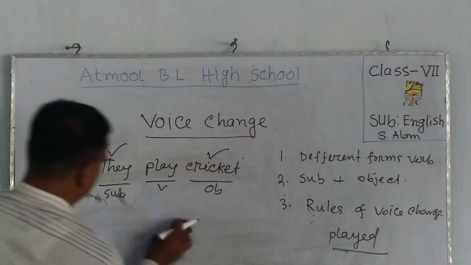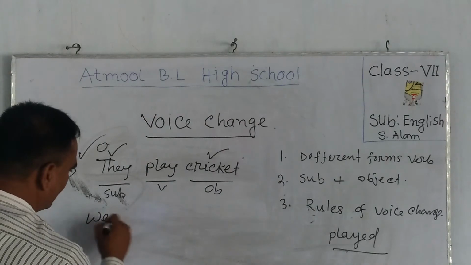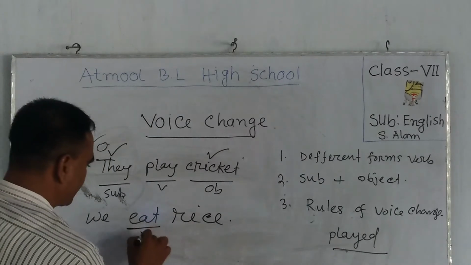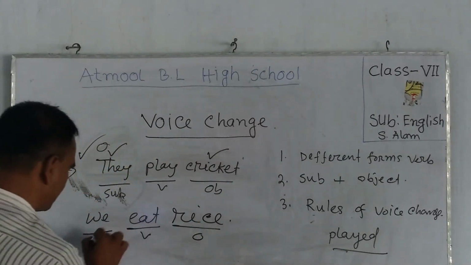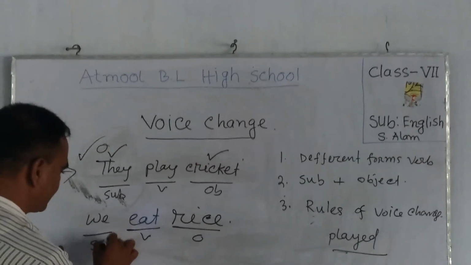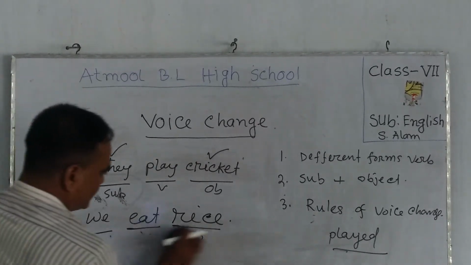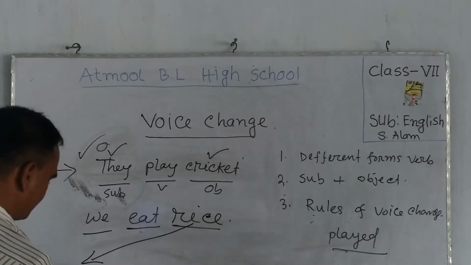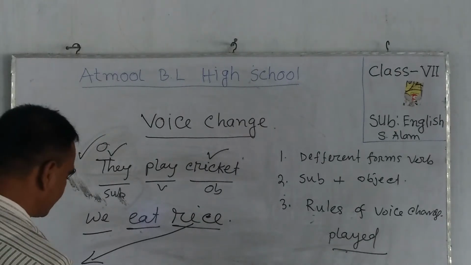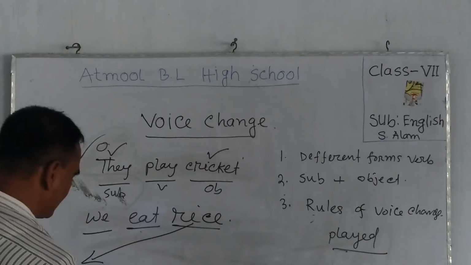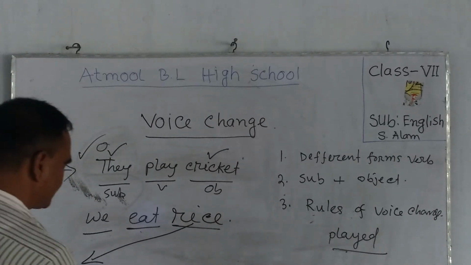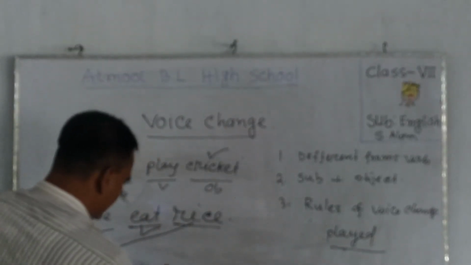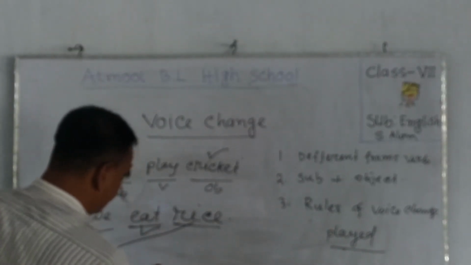Okay, look at another example. We eat rice. So this one is main verb, this one is object, and we is the subject of the active sentence. So at first we have to write rice because the object of the active sentence will be the subject of the passive sentence. So rice. Then we will use auxiliary verb, rice is. Then we will write past participle form of main verb. So the past participle form of eat is